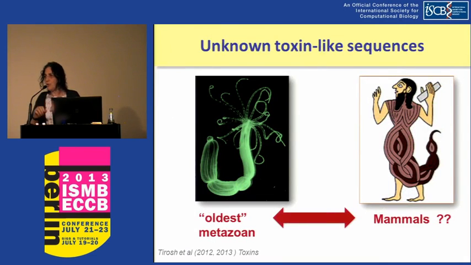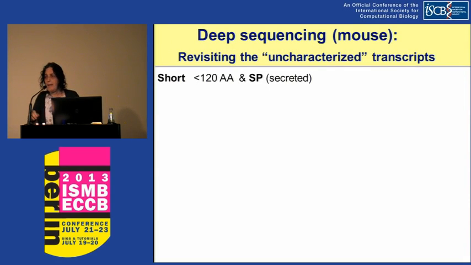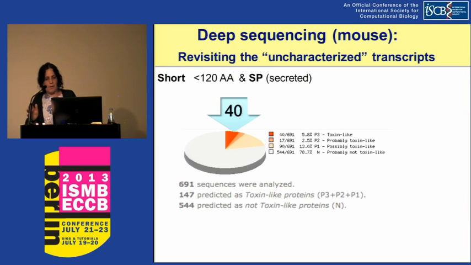Now, after I told you everything that I wanted to tell you about the oldest metazoa, let's go to some more modern metazoa, such as human. So the idea was, if this is true, why should this creative idea be restricted only to Cnidaria? Why not human? Why not mouse? We said, let's check it. We went to the mouse genome from deep sequencing. We took everything that are short sequences. We did some filtration that I won't bother with, and we found 40 cases of very highly selective TOLIP-like proteins.